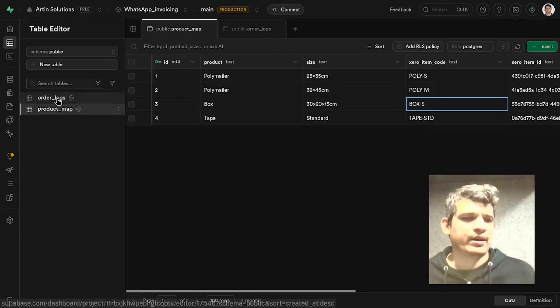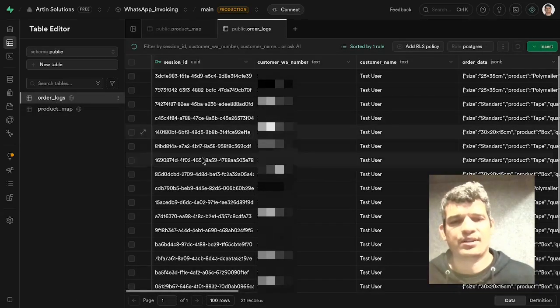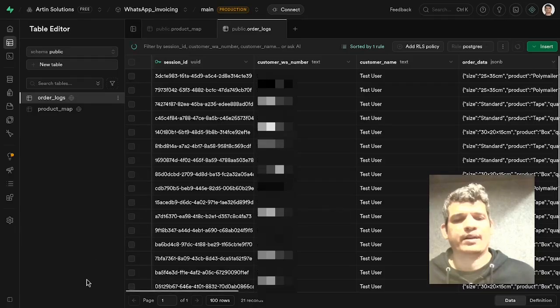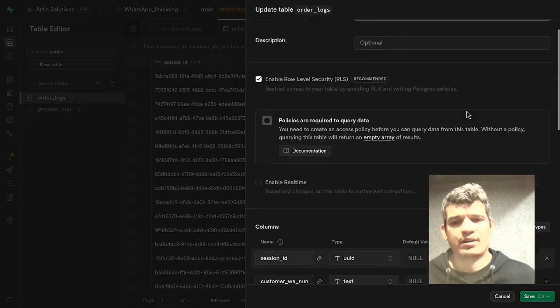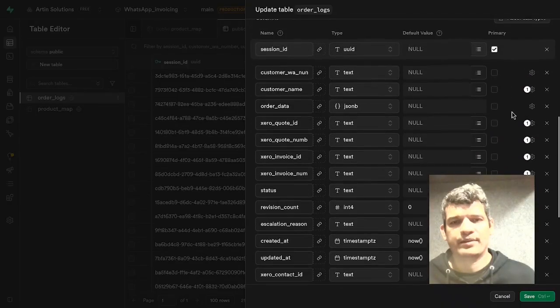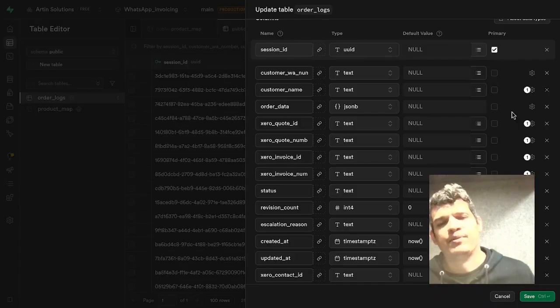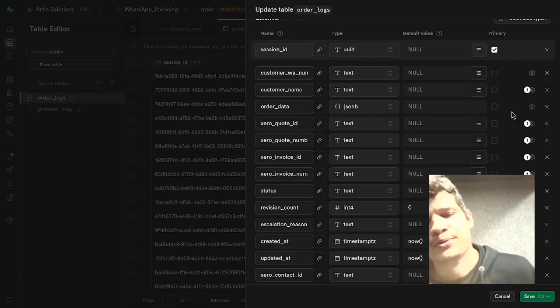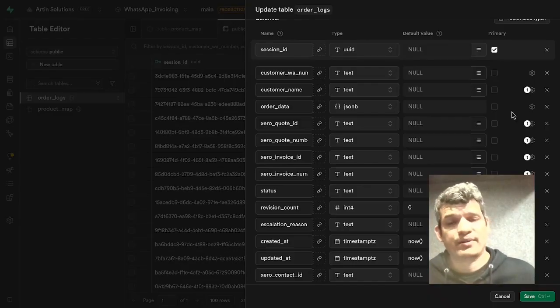But then we're going to use the order logs, and this is just something to keep track of the orders and the conversations in which the orders were placed. So just to show you, this is again just for logging purposes, just for record keeping. So you can see the session ID, the WhatsApp number that was used to place the order. You can also tie it to customer name, the order data, which is a JSON